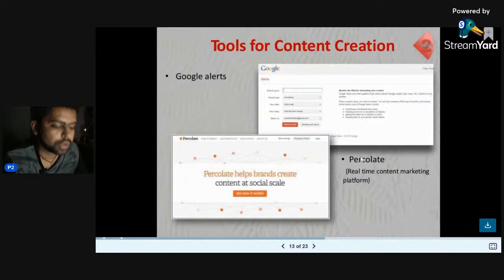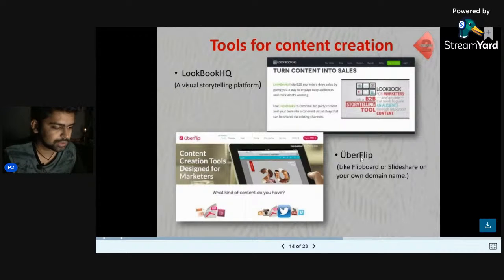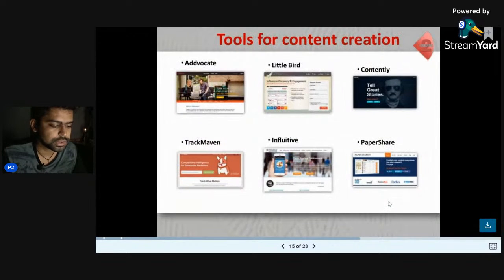Now, tools for content creation. I feel these tools are very complicated. I checked this slide, and there are too many tools that she mentioned. You can check them out. But what I would suggest is a clear-cut answer to the question of how to create content. If you are creating image-based content, then Canva is your solution. That's the best place I find for creating content for free. Most of the freemium features on Canva are self-sufficient. You don't even need to pay for the product.